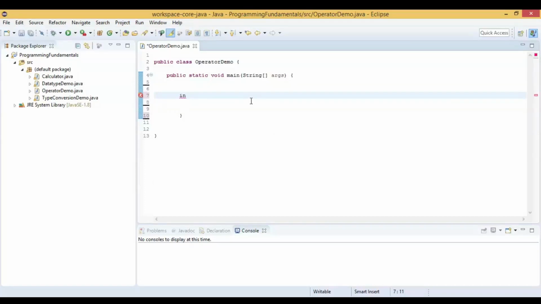Hi, in this video we are going to see some of the Java operators. First we will see the modulus operator. Let us declare a variable I of type integer, I equal to 10